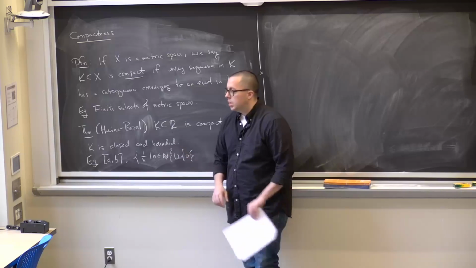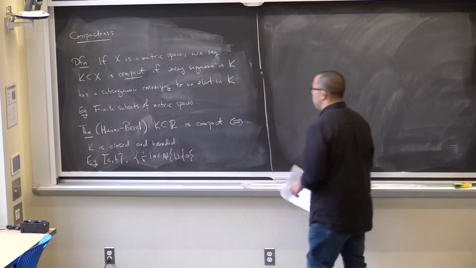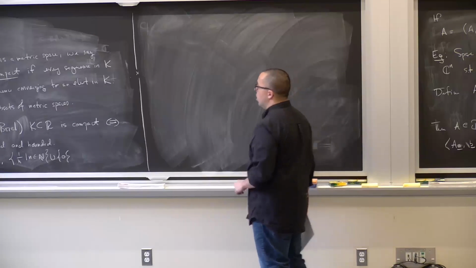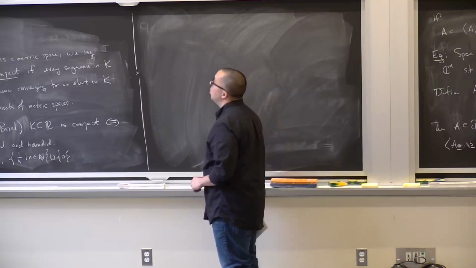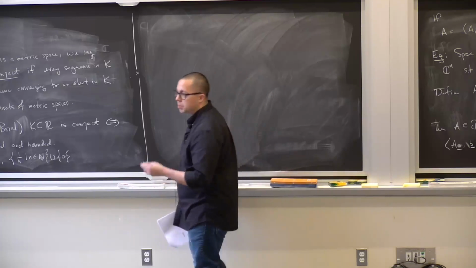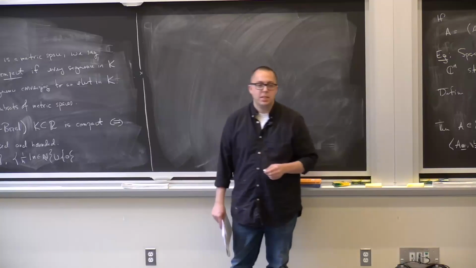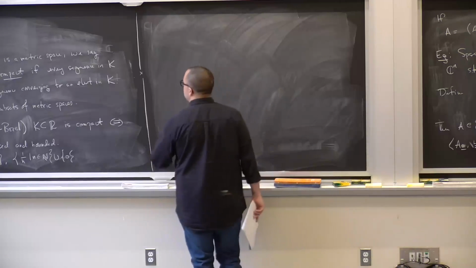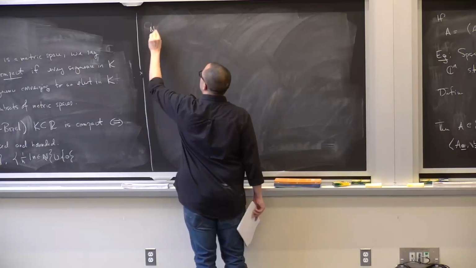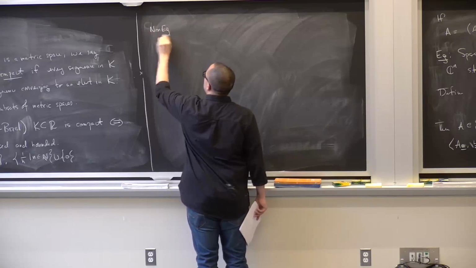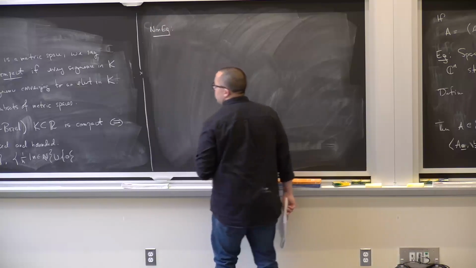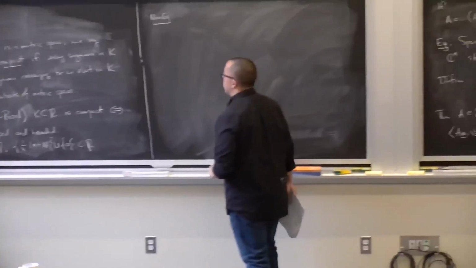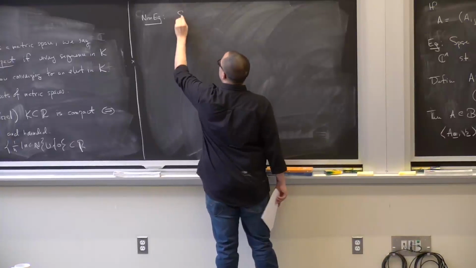Okay. Now, does that hold for arbitrary metric spaces? No. Does it hold for Banach spaces? No. You did an example on one of the assignments that proved that little lp is not compact. What about if we specialize to Hilbert spaces? The answer is still no. So let's make this a non-example, since we did examples a minute ago. All of these as subsets of R are compact. So let's say we look at